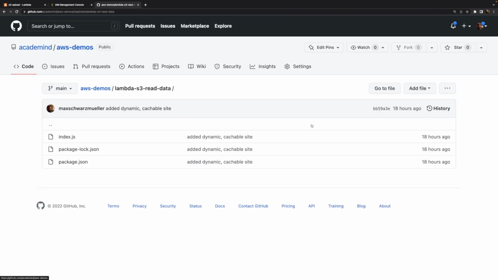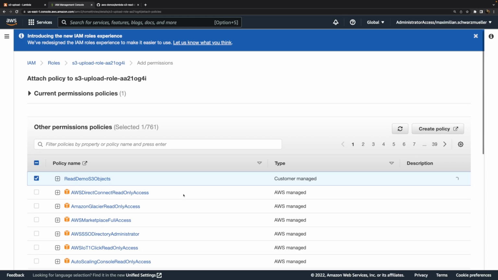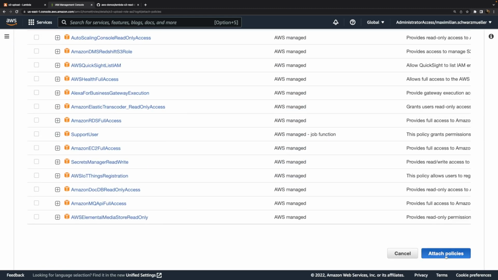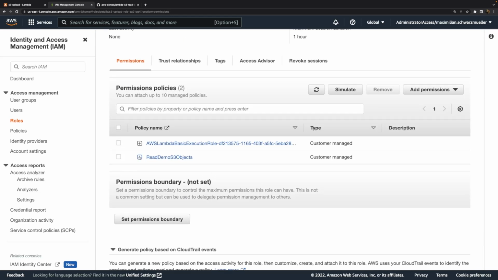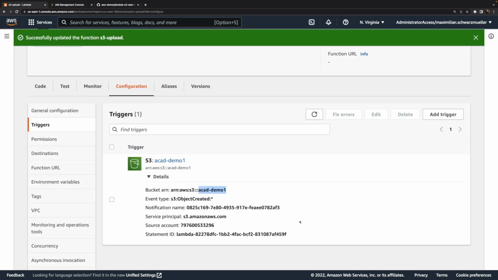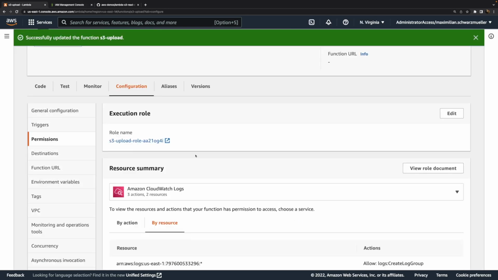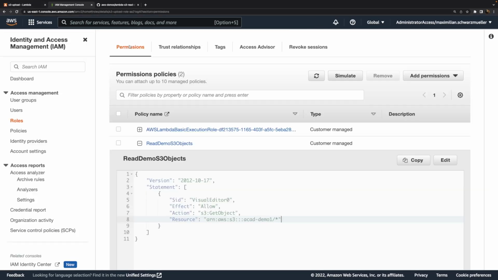And with the policy created, we can go back to this role here and add this newly created policy to that role, and that is the role that is attached to the Lambda function. Therefore, now the Lambda function has those extra permissions, those read S3 objects permissions for this bucket, and then all the objects in that bucket. With those permissions added, we don't need to do anything else because the role is already attached to this Lambda function. And since we added a new policy to the role, this function automatically has those permissions as well. And therefore now we can give this a try.